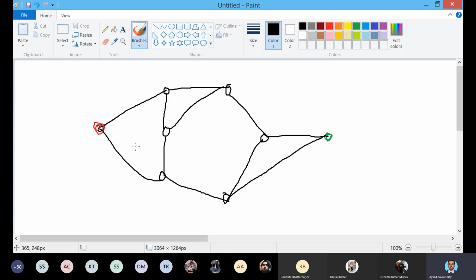So this is the network. If this is our network, we have started with this red colored initial node. And now what will be the generating function? This is my current node as per our hill climbing algorithm. Tell me how we can select the generating function to find the next possible nodes. Anyone? Any one of you?